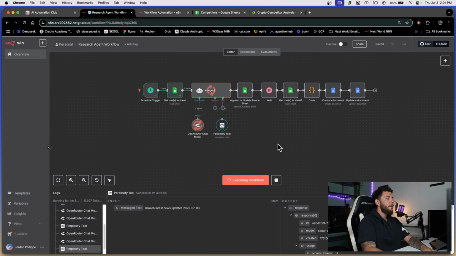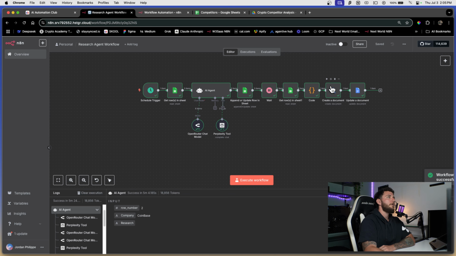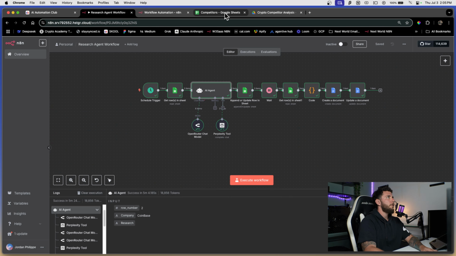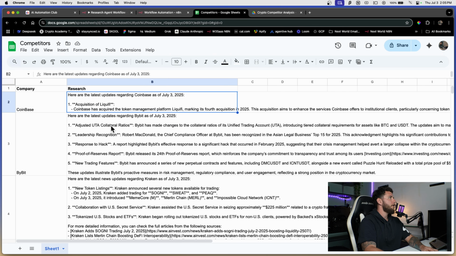Okay guys, so there we go. The Perplexity tool did its job, and now the AI agent is going to update our Google Sheet here. And we are doing a little 15-second wait just so we aggregate all of the data before moving on, and then we will actually extract the data from the Google Sheet and then enter it into the document here. Okay, so let's see what it did. Okay, the agent output the correct data, and here is